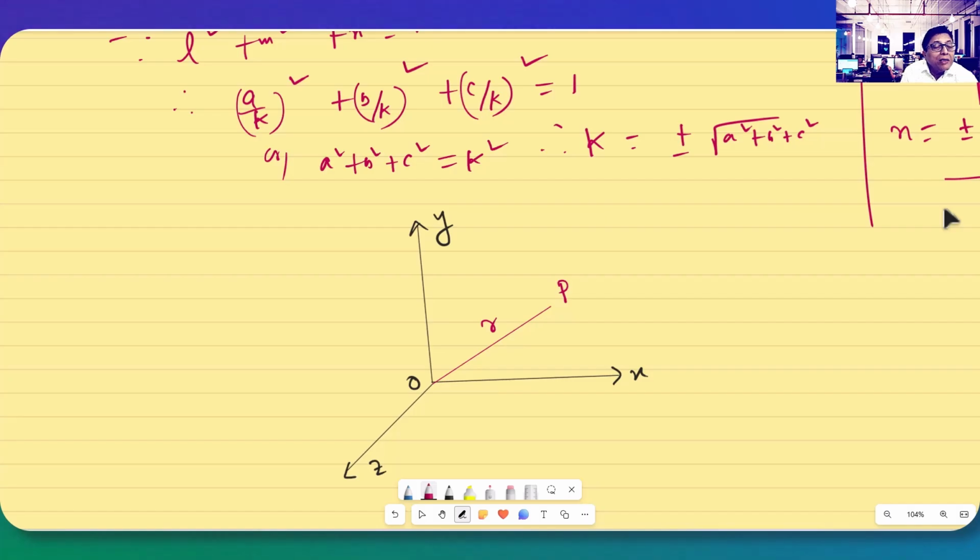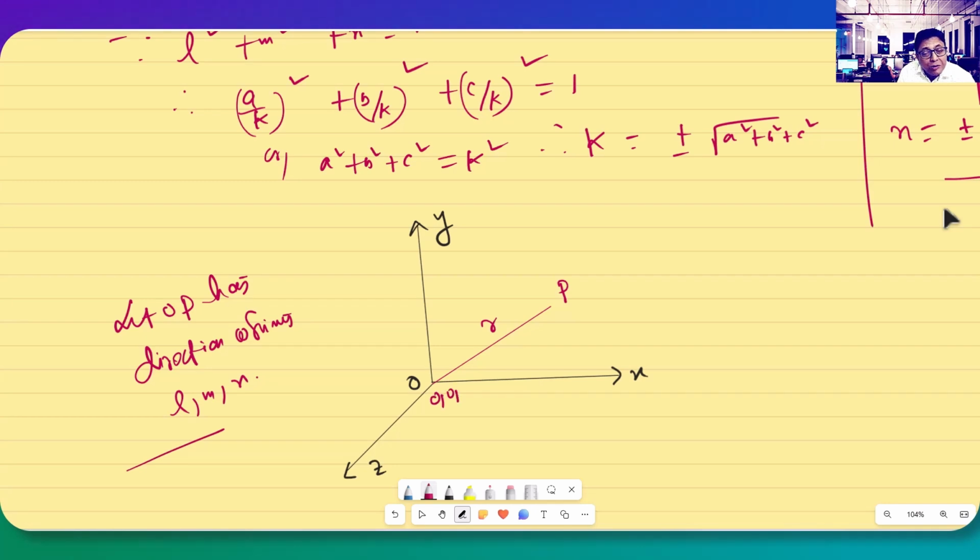We are taking, let OP have direction cosines L, M, N. This one is 0, 0, 0. Now once you know direction cosines as L, M, N, then the point P can be written as LR, MR, NR. Why? I will be drawing the same diagram here, but instead of drawing the full diagram, what I have done before,